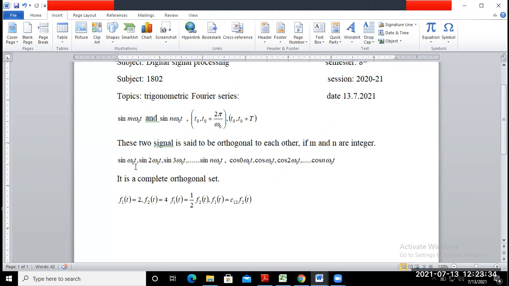Okay. So for n equal to 0, the coefficient is represented by a0 for the cosine function. Here the sine term is 0, so the 0 term is not included for the sinusoidal function. Okay. So we can write the function ft equal to a0 plus a1 cos omega naught t. a1 is your coefficient, this one is your approximate coefficient.